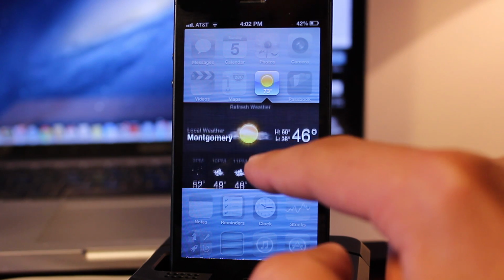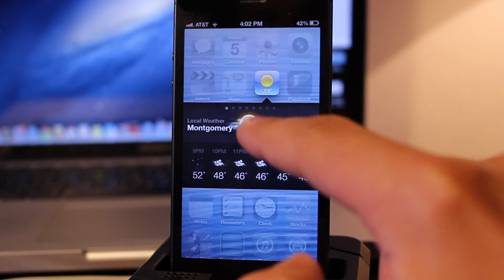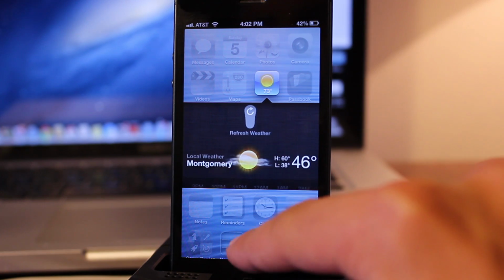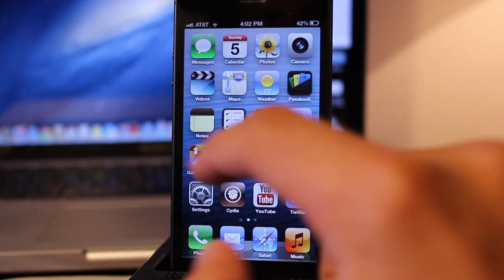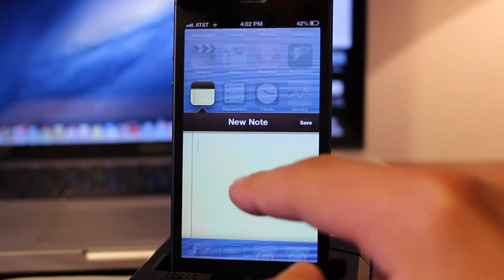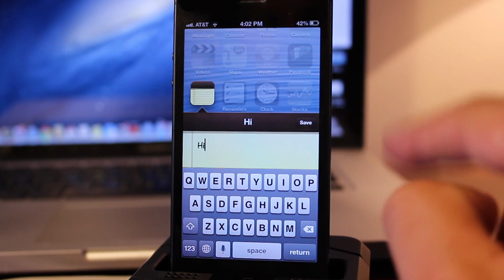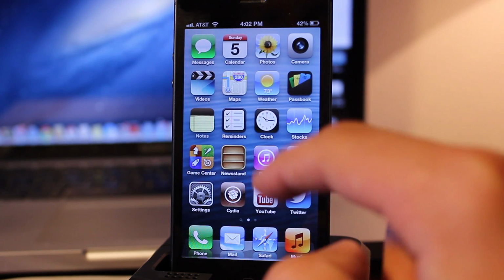We also have the ability to easily refresh our weather. If you would like to refresh and get the new current updates, you can just bring that little refresh button down and it will refresh your weather. Now we also have the ability to create a new note. Instead of opening up the notes, you can easily type out your message, hit save, and it will be saved